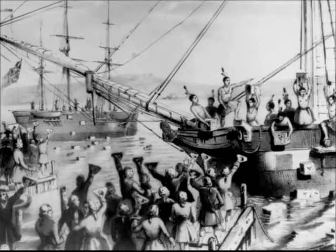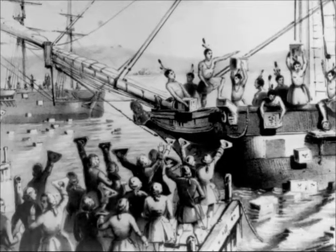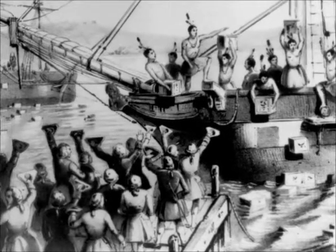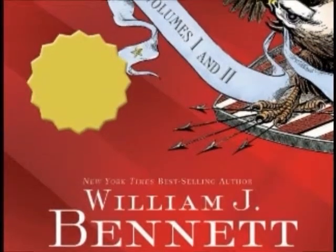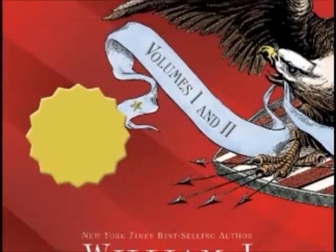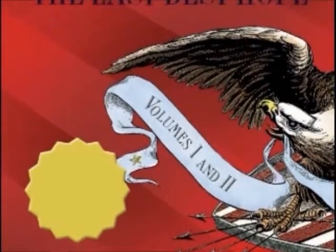Esther Forbes sticks to history in many ways as she writes the story, but it is up to the reader to determine which depictions are based on fact and which have been shaped to serve the arc of the narrative. While one might conclude that it is better to stick to nonfiction accounts of history, you still have to have careful attention to detail. With the William Bennett book, America, The Last Best Hope, Chapter 3, The Greatest Revolution, 1765 to 1783,